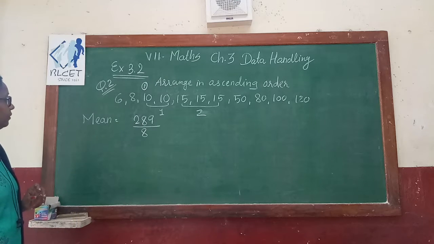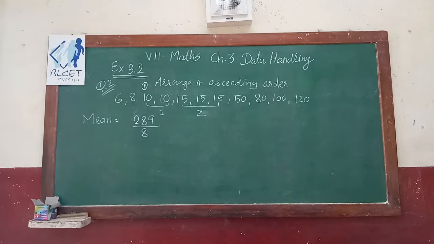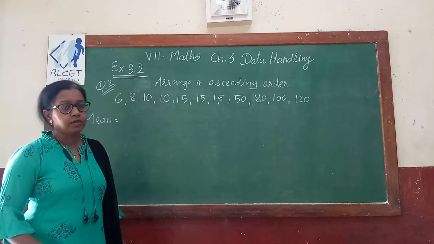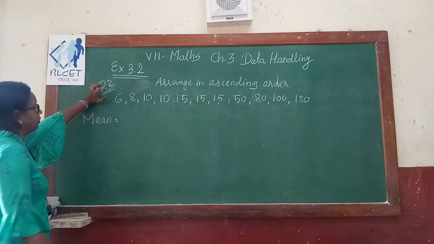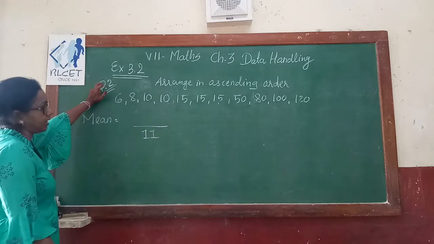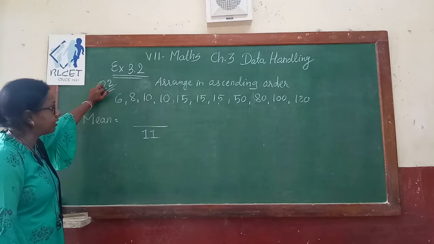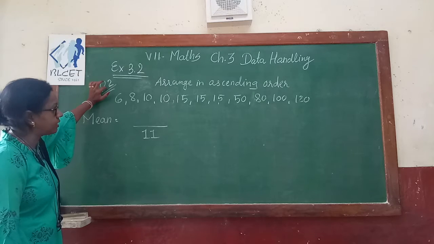Okay, now, is it correct or not? Let's do the addition again. Okay, we consider all the observations. As we are unable to cancel whatever terms we are getting, that is by 8. Doesn't matter. So we divide by 11. We do the sum of all the observations. Anyhow, I don't get the correct answer. So we try out. We consider all the observations and then do the division by 11.